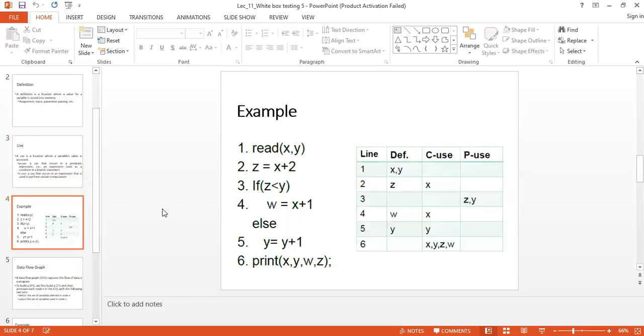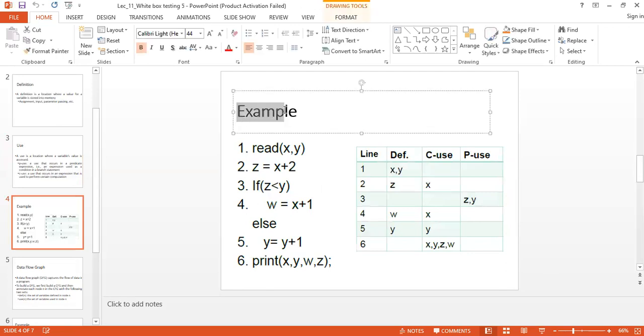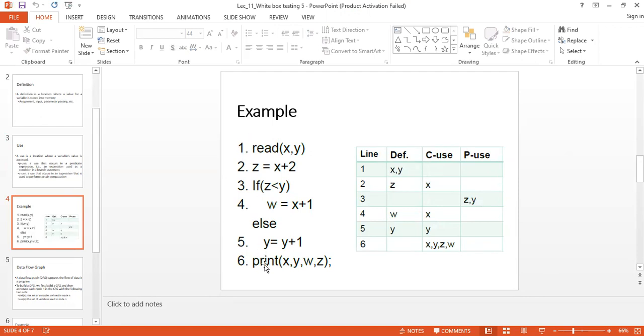If I go to the example, you can see I have 6 lines in my program. I have read x, y; z equals x plus 2; if z is less than y, then w equals x plus 1, else y equals y plus 1; and then you print x by w.